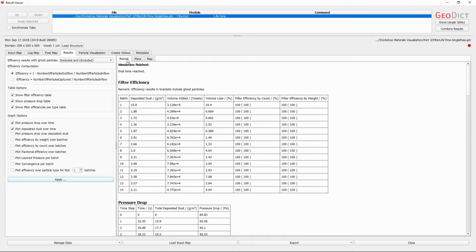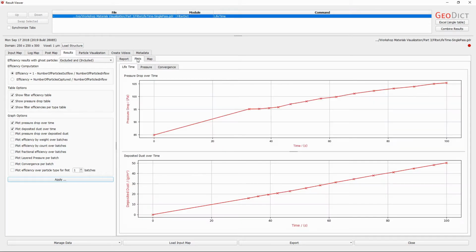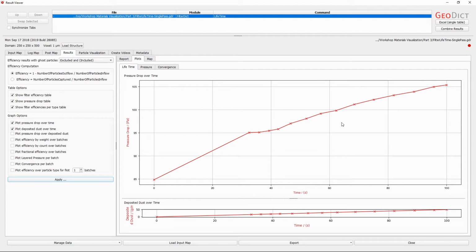Again, next to the report subtab in the result tab here, we also have the plot subtab that shows us two important pieces of information which characterize the filter behavior over time. First of all, there is the pressure drop over time. Due to the fact that in this simulation we have assumed a constant flow rate, and because the filter gets clogged over time, we can see that the pressure required to maintain this flow rate increases more and more.